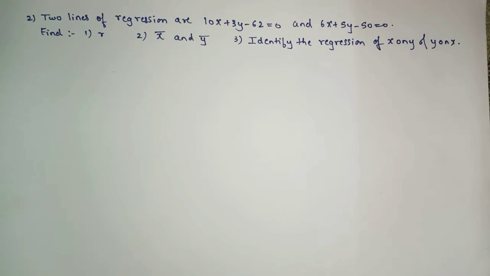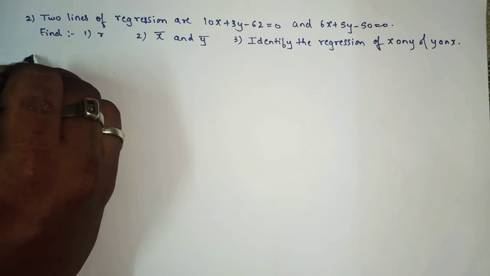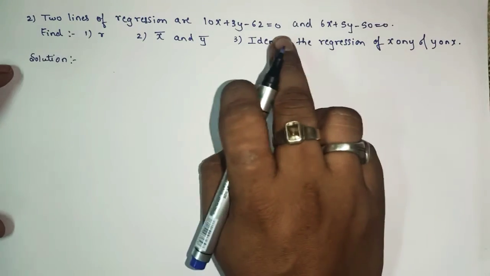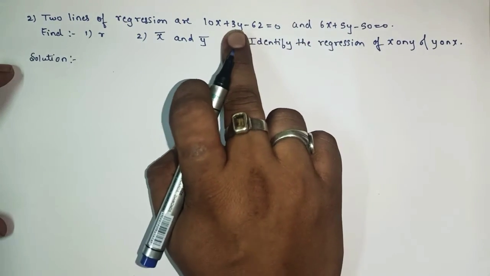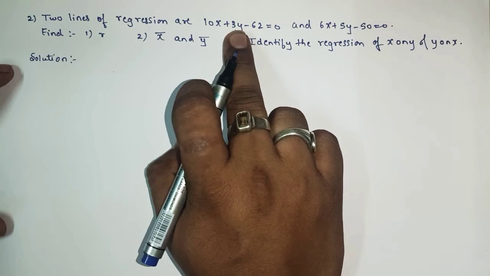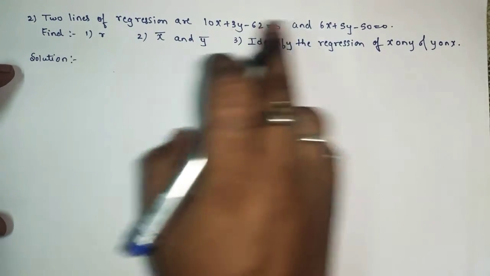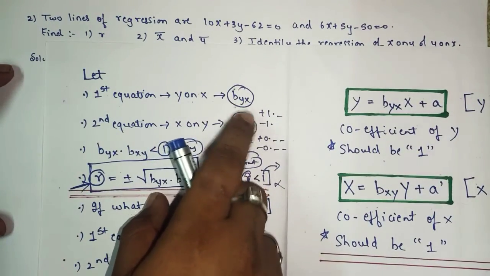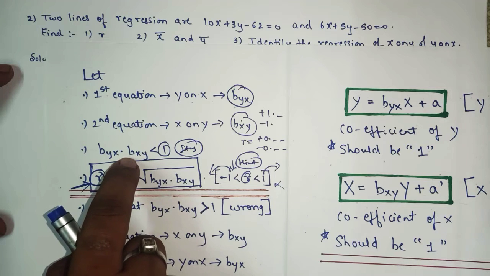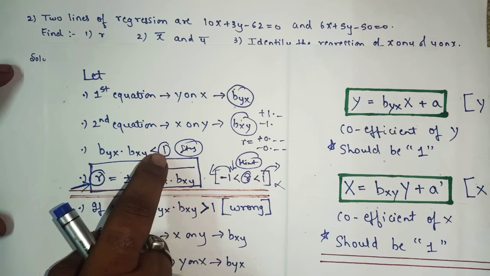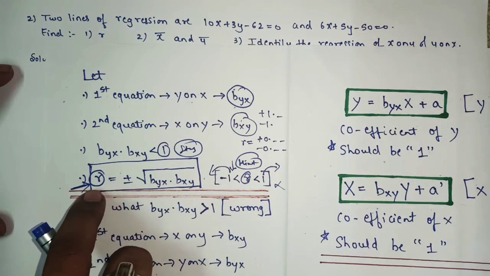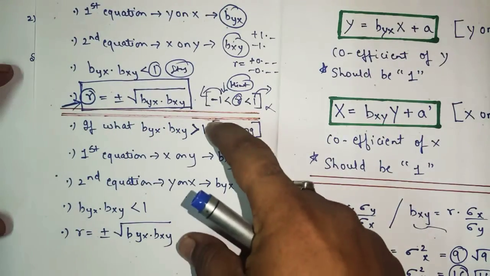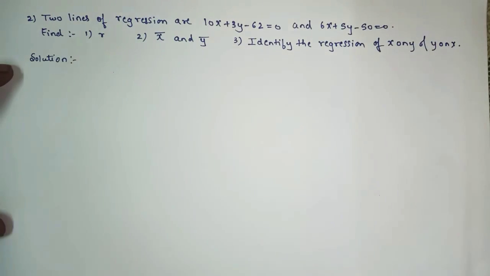So here also we'll start with the solution. Let's start with this, because we don't know about the first and the second equation, whether the first equation is y on x or x on y. So we'll consider the first equation as y on x and the second equation as x on y. After that, when you get byx and bxy, we'll check the product whether it is less than 1 or greater than 1. If it is less than 1, we can directly find the value of r. If it is greater than 1, that means our assumption is wrong. Then we'll move on to case 2. So let